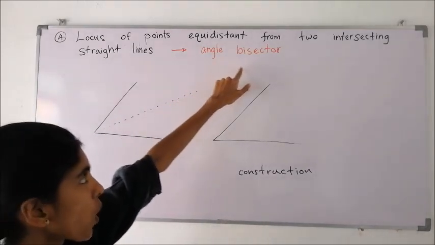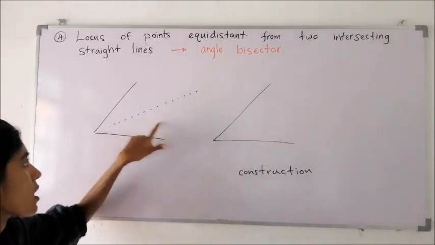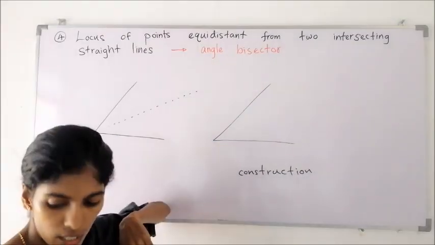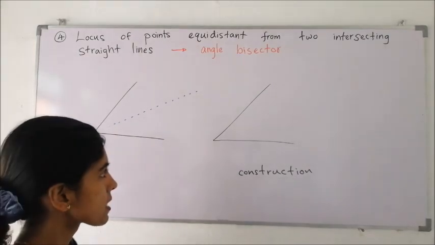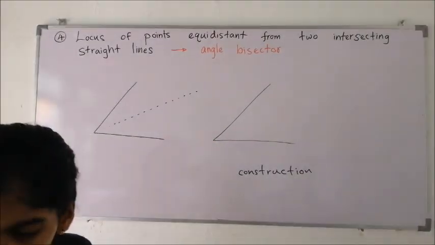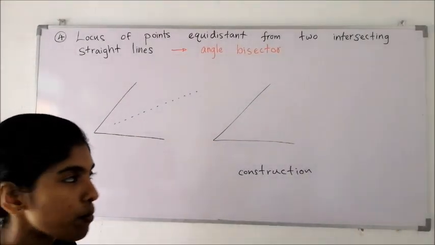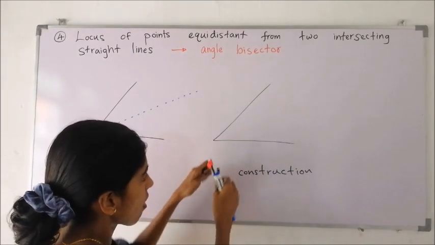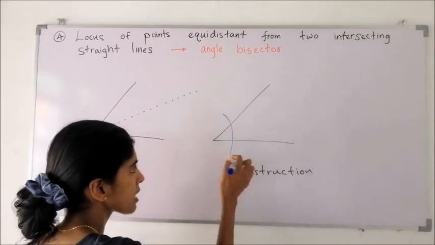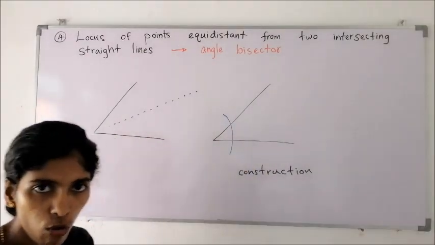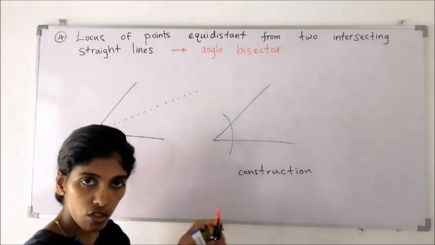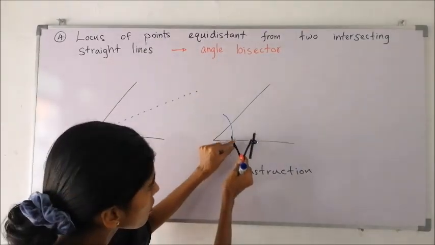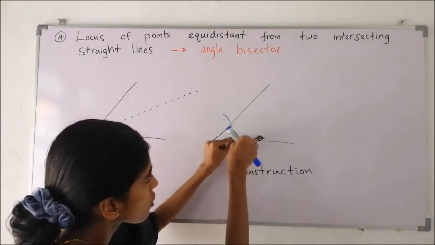Here I have given you the locus, the angle bisector. How do we draw? From outside even we can draw, no problem. How do we construct it? Okay, with the compass, keeping the metal point here, you can draw an arc. Open the compass to any length, keep the metal point at the vertex and draw an arc. After that, we can see two new points are formed. Again, you can change the length if you want. Otherwise, with the same length, keeping the metal point at these two new points, you can draw another two arcs